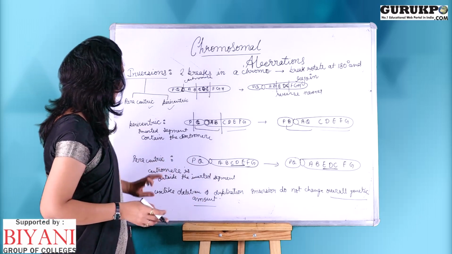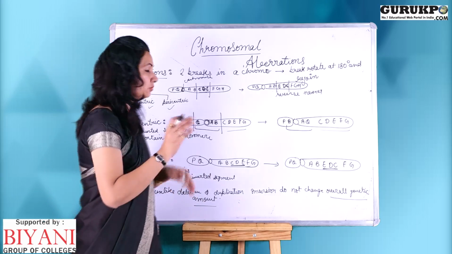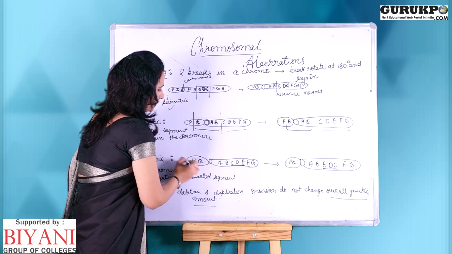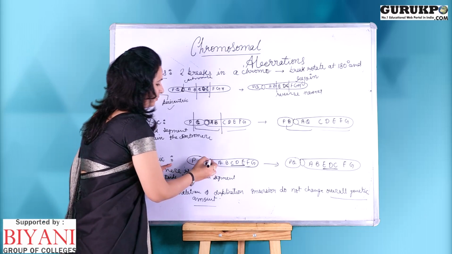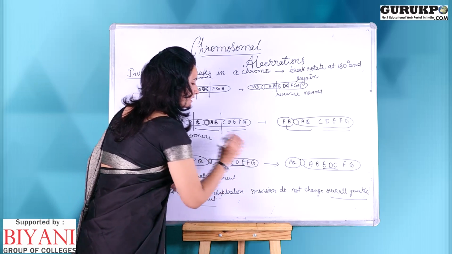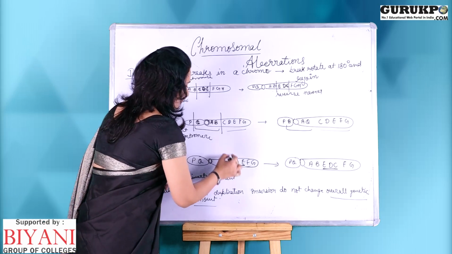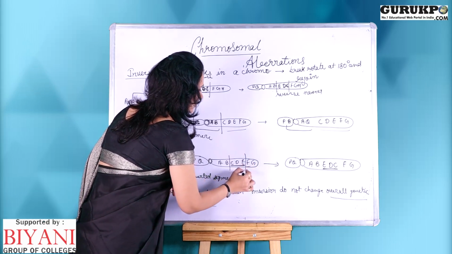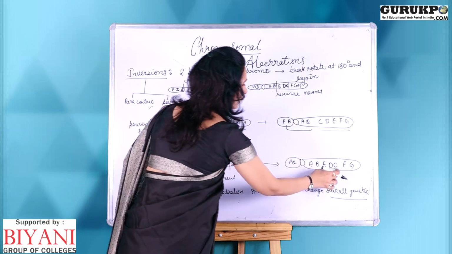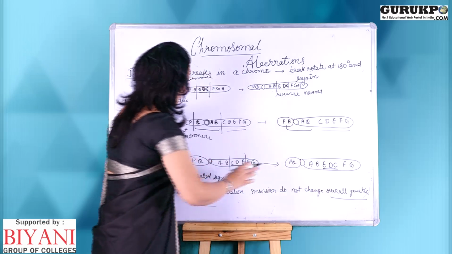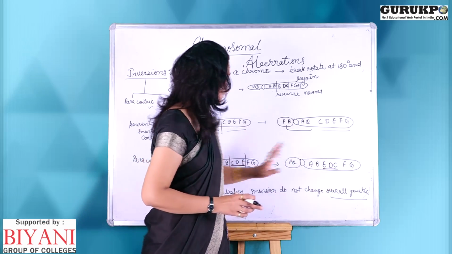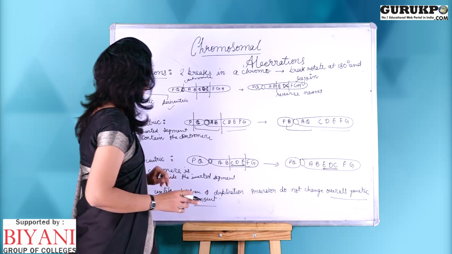Next is paracentric. In paracentric, the centromere is outside the inverted segment. Here in the smaller arm, we have P and Q, then the centromere is there, and in the larger arm we have A, B, C, D, E, F, G, H genes. The larger arm will break from C to E. It will break here, rotate and rejoin in the reverse manner, but the centromere is not involved in this inversion. So it will be known as paracentric type of inversion.